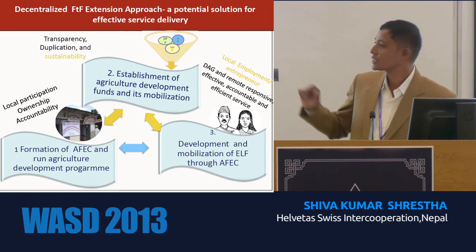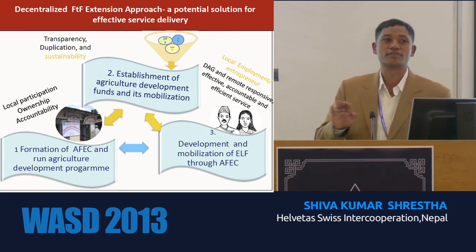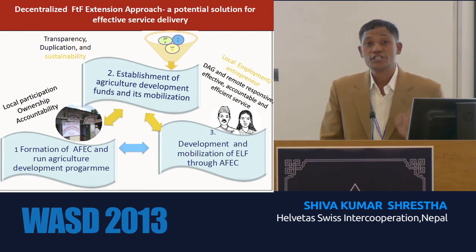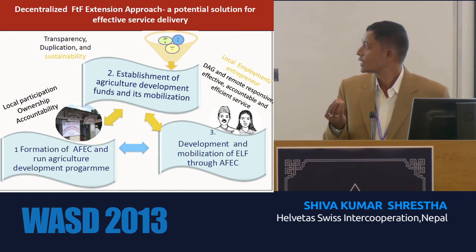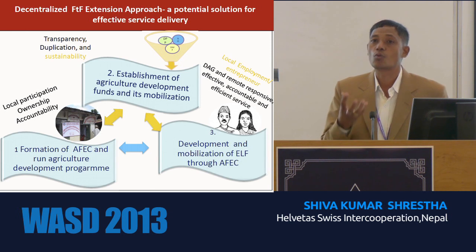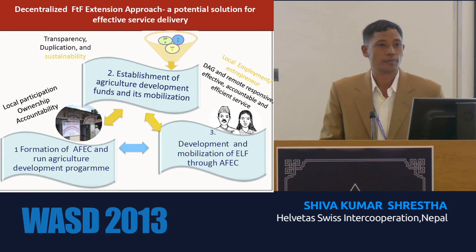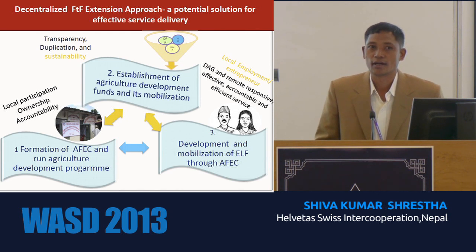And in that committee, they will plan at the grassroots level. They will identify the needs and prioritize the needs based on the local resources. And it is near to the people, so the agriculture, forest, and environment committee would be accountable, and they feel ownership, as well as there is local participation from the very beginning of the planning process, so that this system will function.